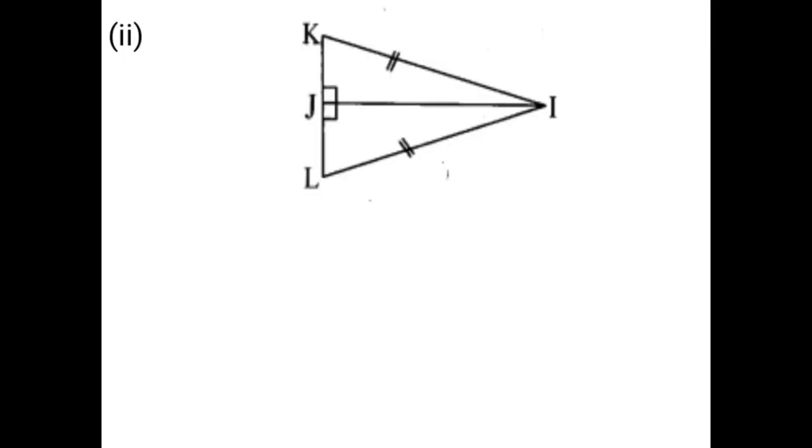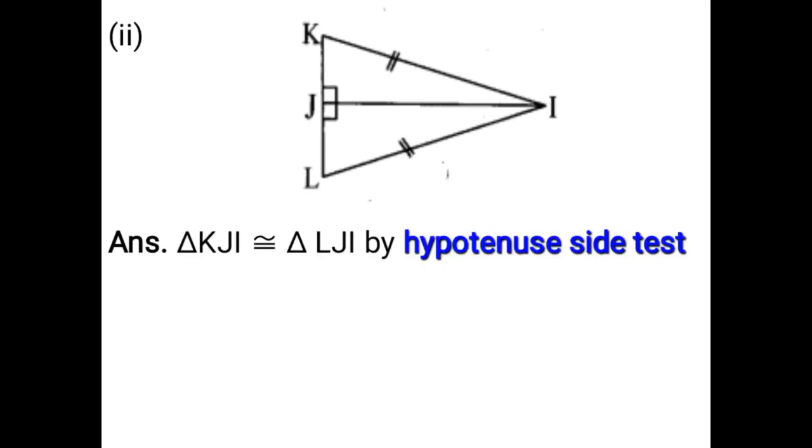Next, observe this figure and state the test of the congruence of triangles. Of this figure, the triangles are divided into two equal parts. They are the right angle triangles. Triangle KJI and triangle LJI are the right angle triangles. If you have right angle triangles in any given figure, it is the hypotenuse side test. So directly you have to write the answer. Triangle KJI is congruent to triangle LJI by hypotenuse side test under KJI corresponds to LJI. Next,